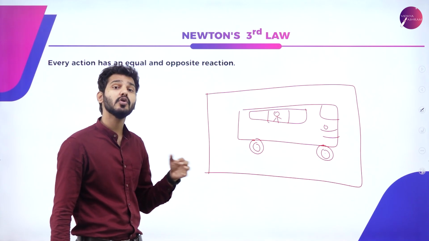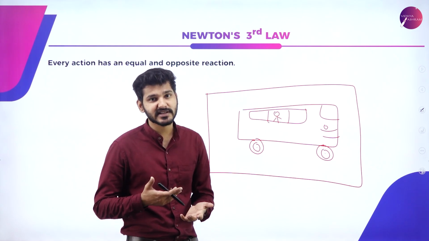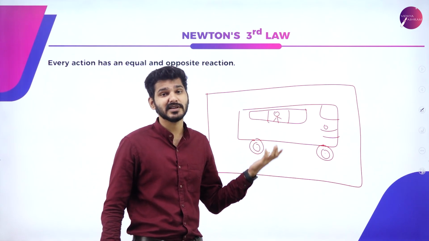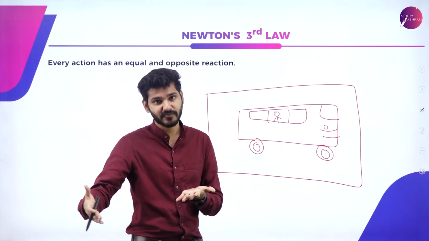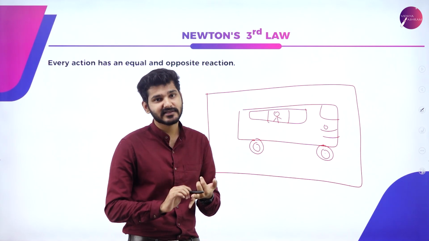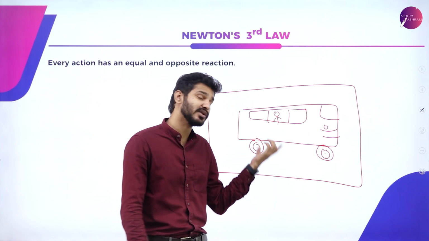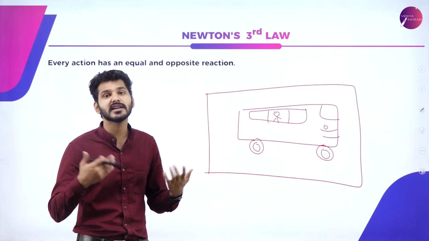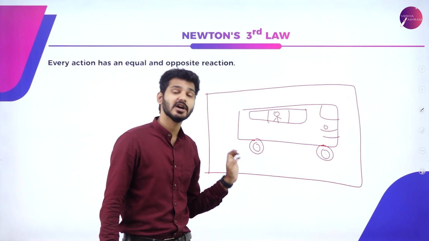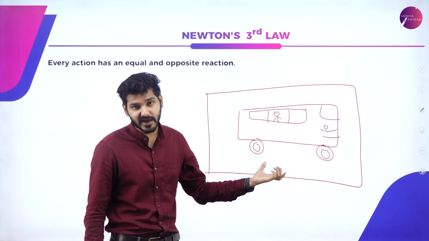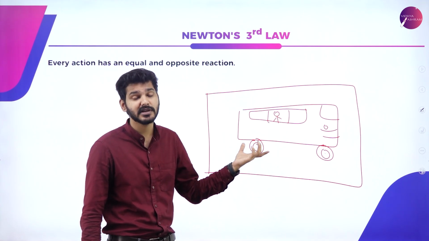But again, if you don't have a frame of reference, the problem is that, again, my smart little friend will come and say, okay, you don't have a frame of reference, which means that you don't have a reference frame. You don't have anything to refer it to, which means the earth is spinning, the galaxy is spinning, the solar system is spinning, so nothing is in absolute rest, so you cannot say that you are in rest. So to avoid all that confusion, we restrict our observational boundaries so that we can clearly define the motion of any object, or the parameters of any object can be clearly defined.